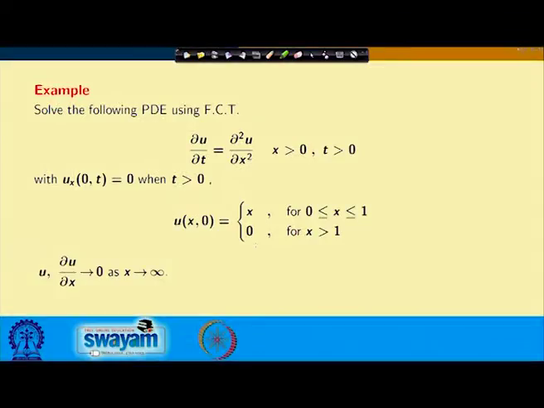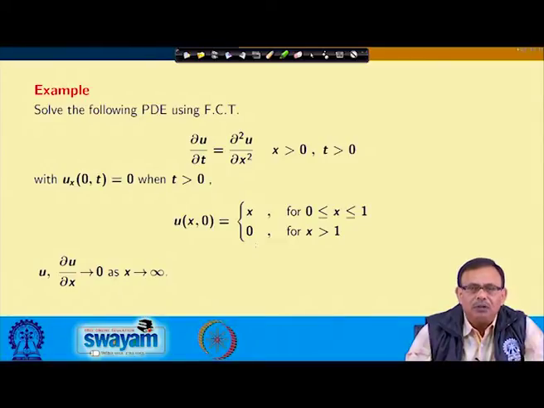Welcome back. So, now let us see how to find out the solution of PDE using the Fourier transform. One more example on Fourier cosine transform, so that you become familiar with the solution process. The problem is